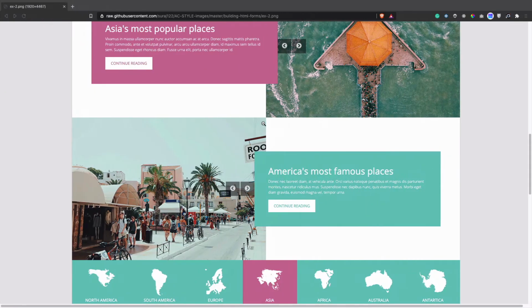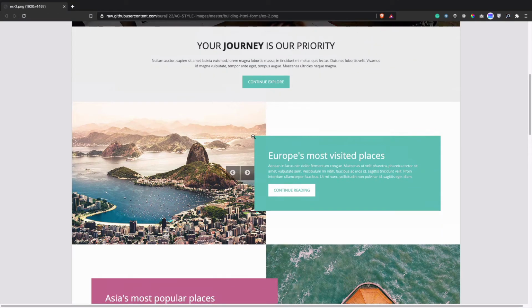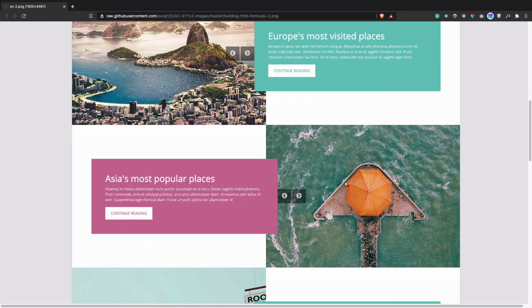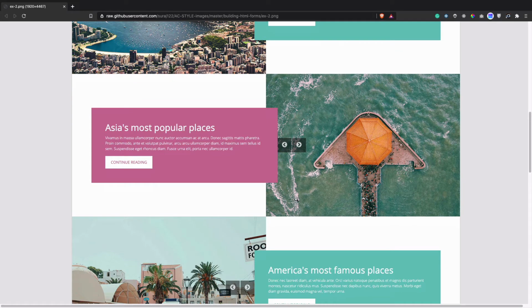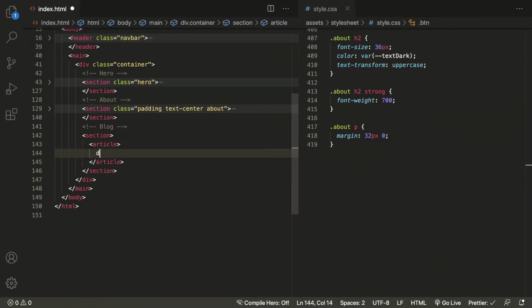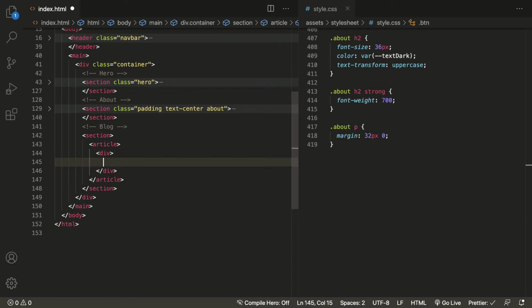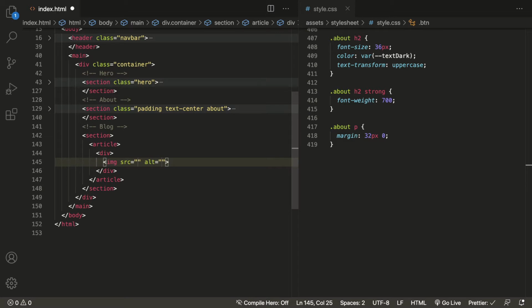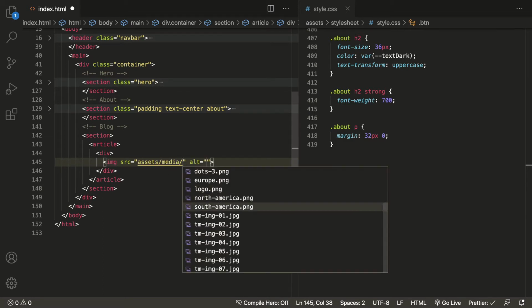To create this article section, what we will do, first of all we will design the first article, then we will copy and paste for the rest of the articles, and then we will change the content part, obviously. Okay, then inside this we have one image and another div. So let's have one div, and inside this div we will have that image first for the first column inside the article. So let's have assets, media, asset